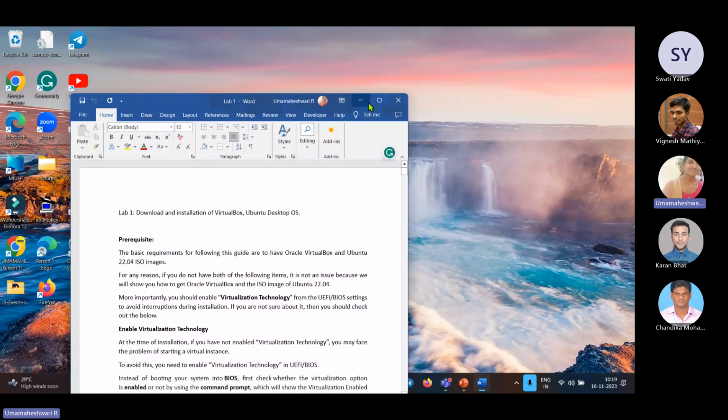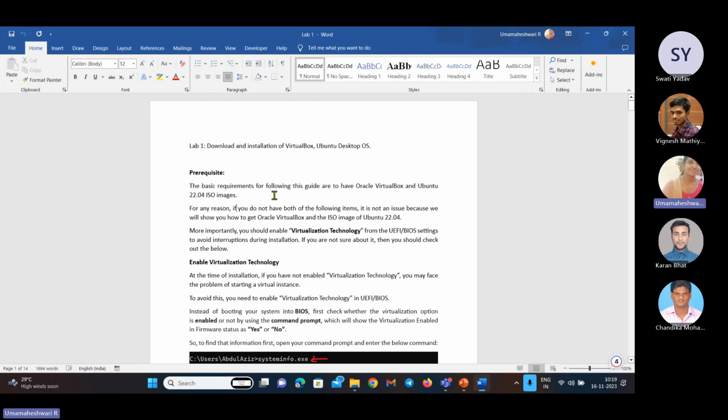So this is a Lab 1 exercise. We are going to download and install VirtualBox and Ubuntu desktop OS. In real time, not everyone can use Windows and Linux, so instead we have a lot of opportunities: we can install a virtual OS on the cloud, and we can also do it on our system. So now we are trying to install VirtualBox on our system. What are the prerequisites we need to follow? First is